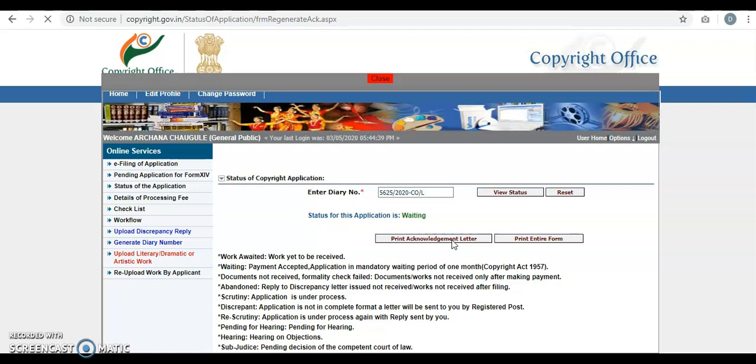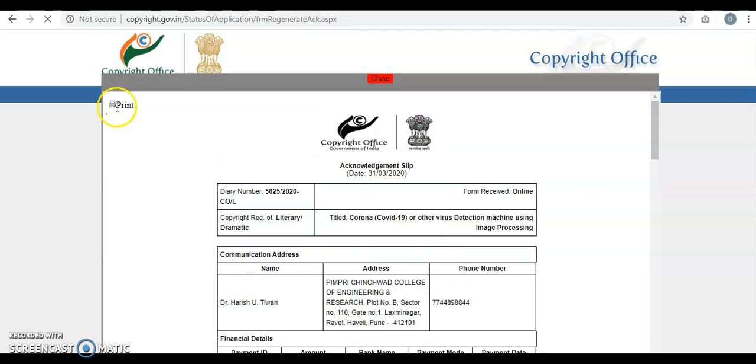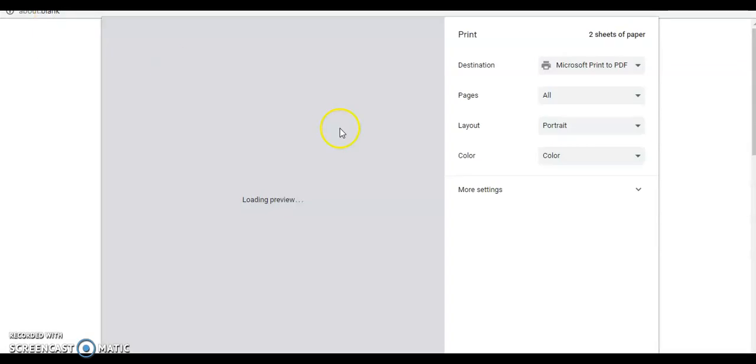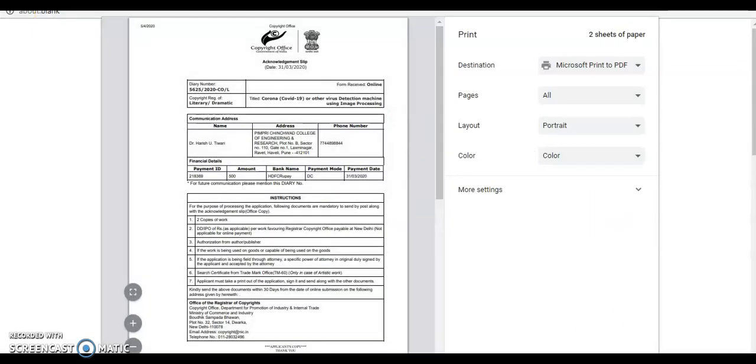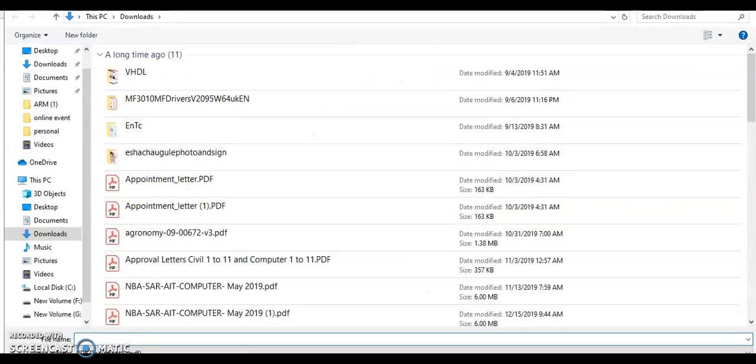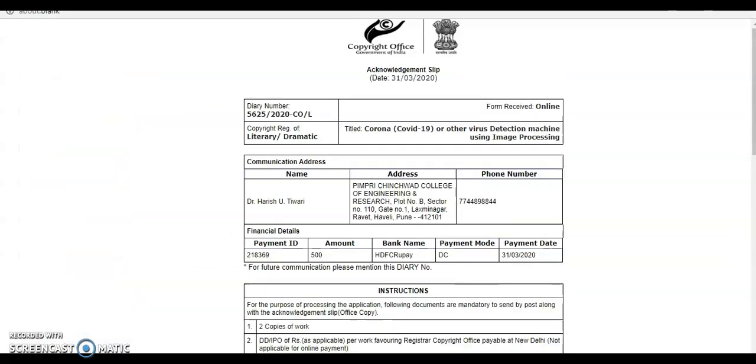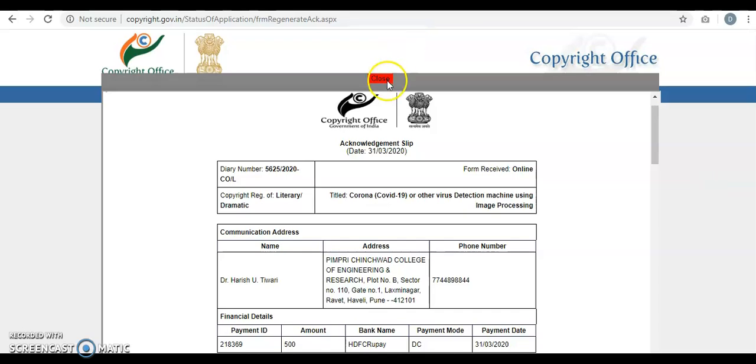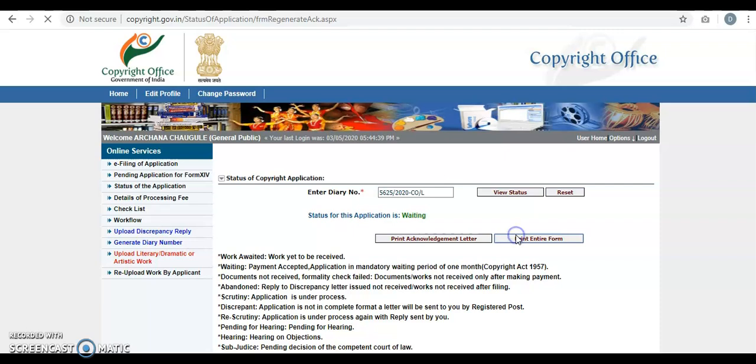After printing the acknowledgement letter, save it. Click on print, and after clicking on print, save the PDF. I'll write some name. Similarly, you can print the entire form and save it for your further reference.